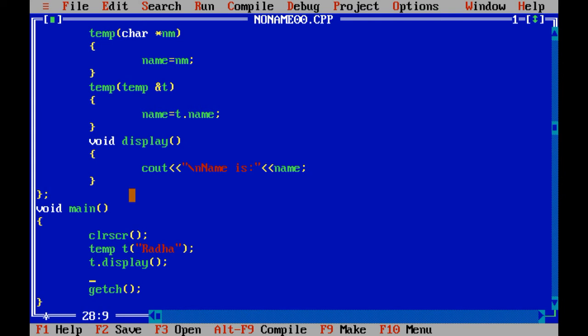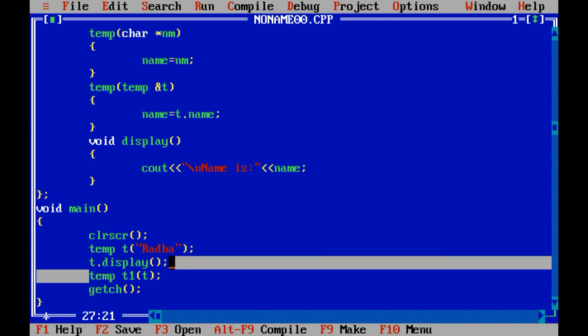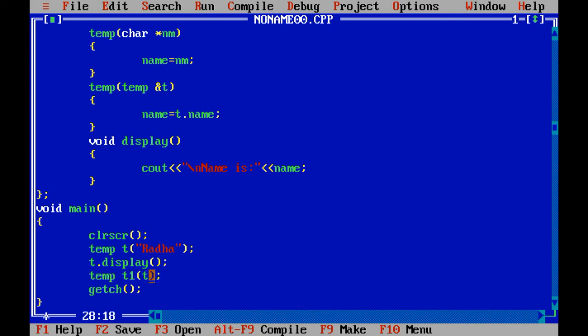Now I want to apply the concept of copy constructor, right? So inside t1, what I have passed is an object. When you pass string data, you need to have a string or character constructor. When you want to pass an object, in such cases you need an object of the same class to receive the content, right? So over here I am going to pass t with t1. I will still explain the program, but let me complete the program first.